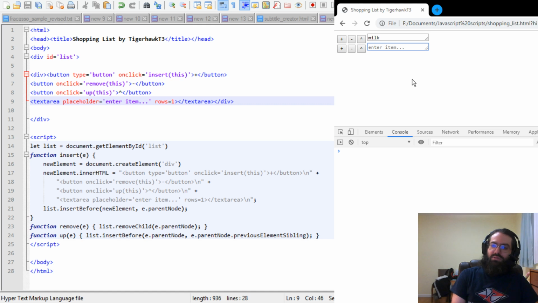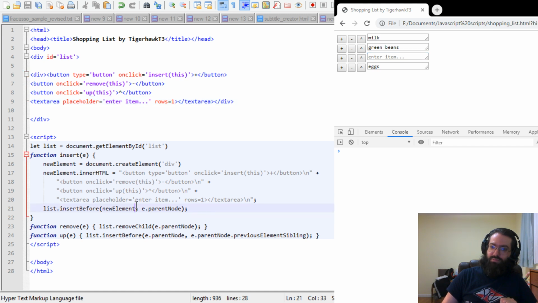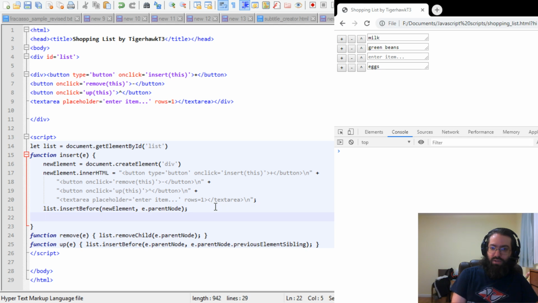How about eggs and green beans, and we will want to set focus on that when we insert before. That should